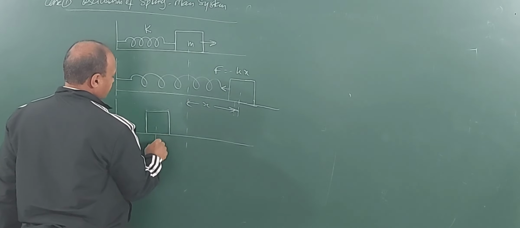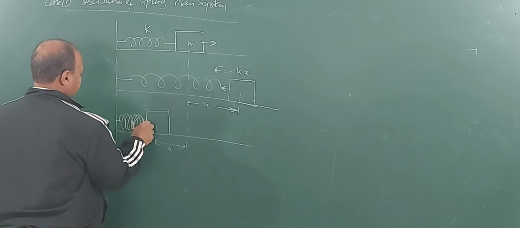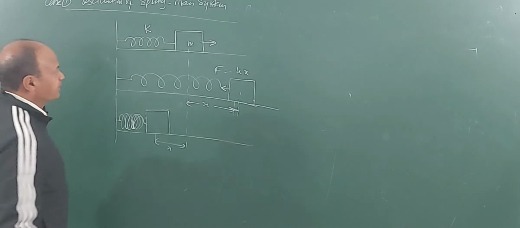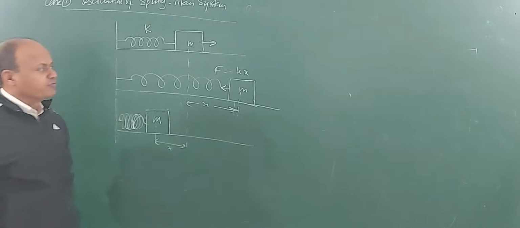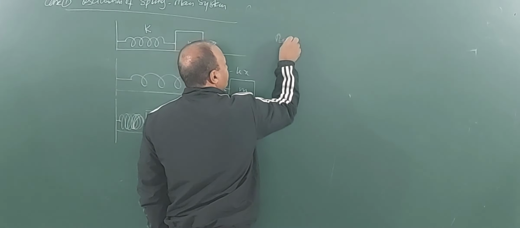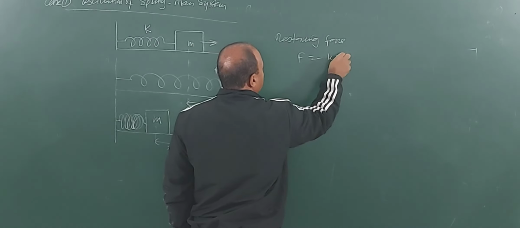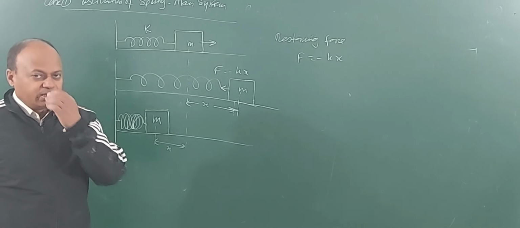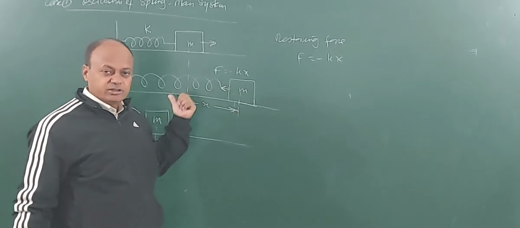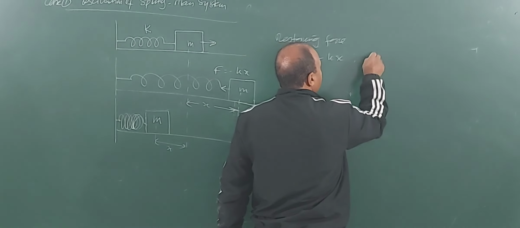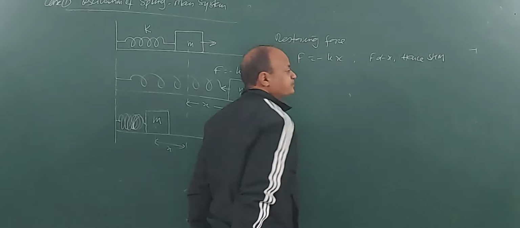The distance will again be x. And when you come to this side, the same spring will be compressed. Clear? The mass is m. So when I elongate it to the right, what is the restoring force, children? The restoring force F will be equal to minus kx. Why? Because the restoring force is opposite to the displacement. Displacement is to the right and the force is to the left. So you can see here that force is directly proportional to minus x, hence the motion is SHM.